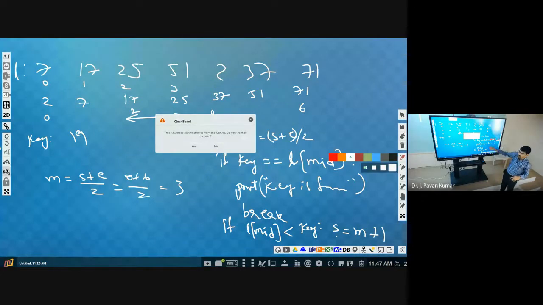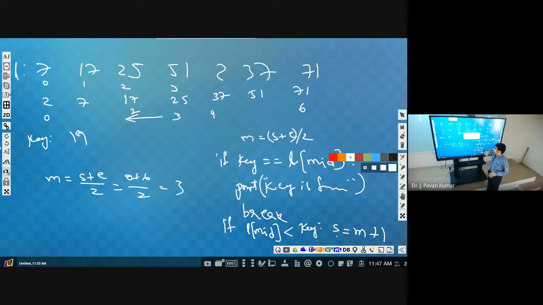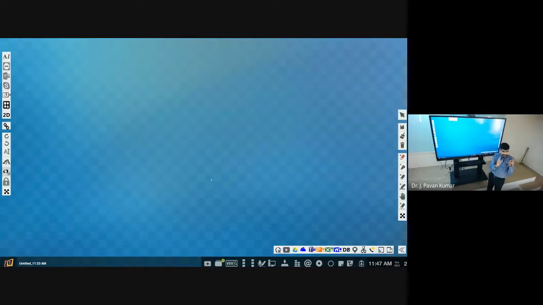Of course, the same thing we will be writing formally. So what is the problem? Searching problem. How are we searching? What is the input for this problem? Input. First of all, a list of numbers we have to take, then the key. So what is the element that we wanted to search? Can you write the input?